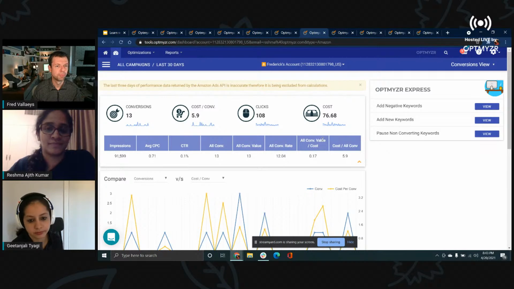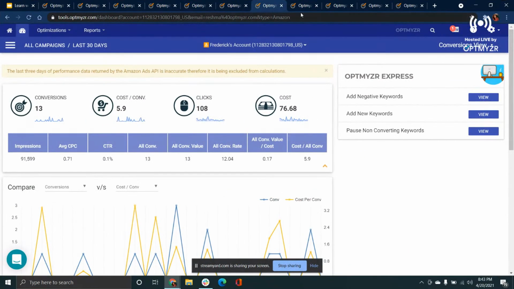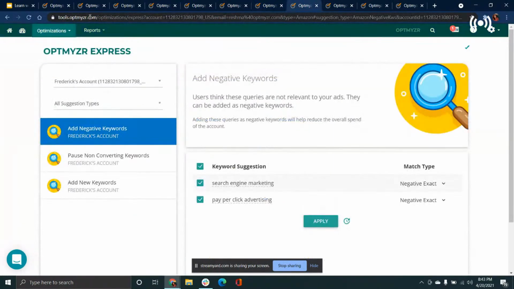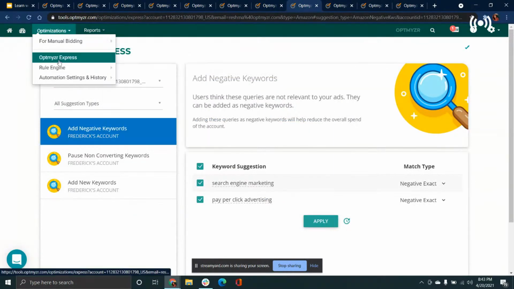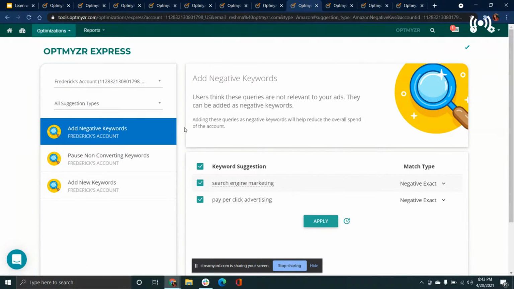Cool. Great. And the account dashboard also points you to the new feature we have for Optmyzr Express. So I'll quickly move to that. You can even see the suggestions given by the tool right here on the dashboard. But going back to this as a new feature, you can now very quickly view suggestions across all your Amazon Ads accounts and really just breeze through quick optimizations.